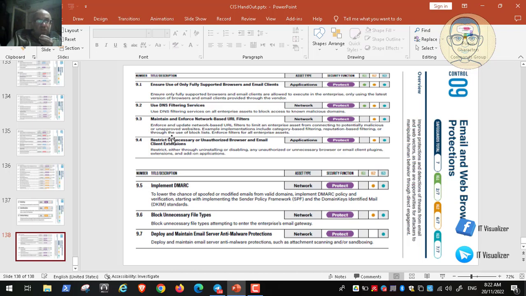And then the third point is to maintain and enforce network-based URL filters. Enforce and update network-based URL service to limit enterprise assets from connecting to potentially malicious, unapproved websites. For example, here he is referring to using a web filter server. This is a feature that is already included with the firewalls. So for example, if you have a FortiGate or a Sophos, these